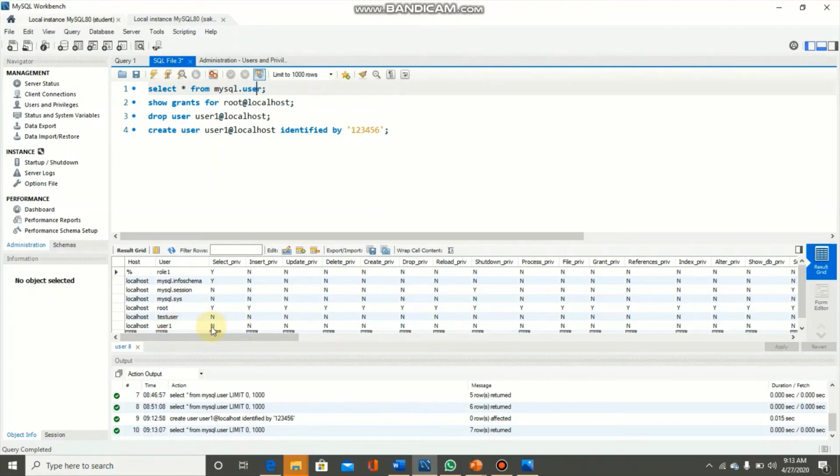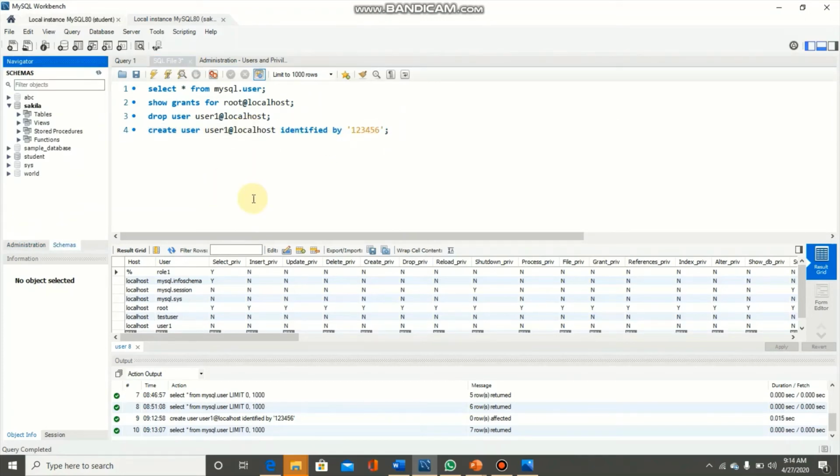So we created test user by using the administration tab and then users and privileges link, and then we created user1 with the help of this command. In this tab we are using root as our user, and we can access all these databases and contents inside these databases.